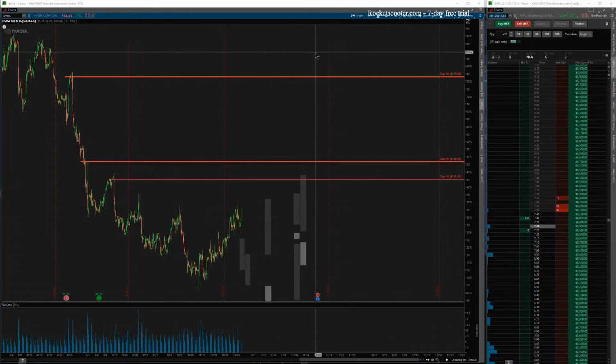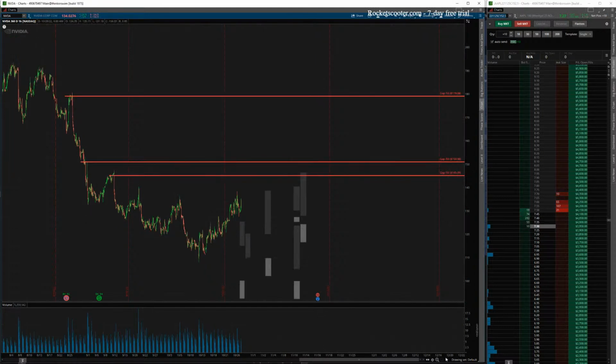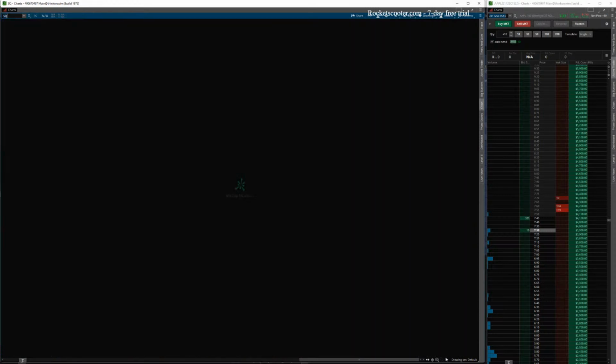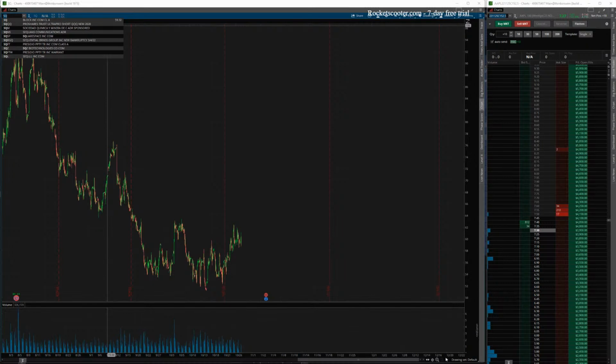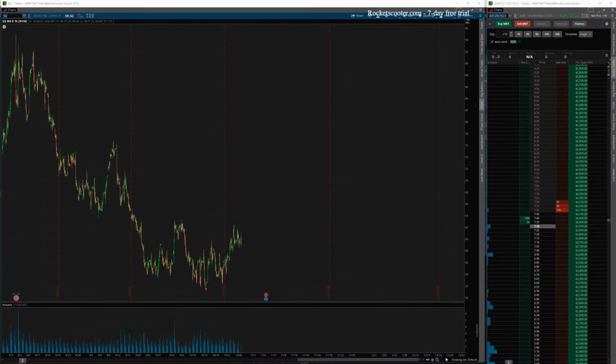A Lambo a week. Okay, so let's do, throw me a ticker real quick. Square, SQ. Okay, let's practice our analysis on Square. So maybe you guys want to tune in, go to Rocket Scooter real quick and get the free trial, and you can play along with us, and I'll show you how this works.